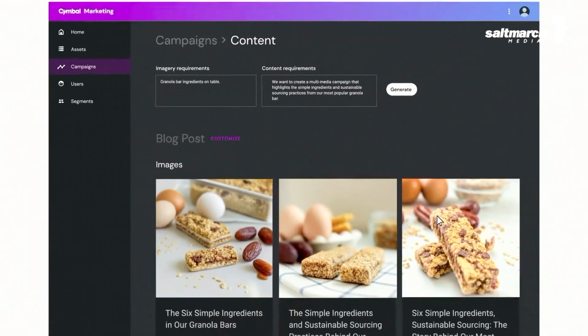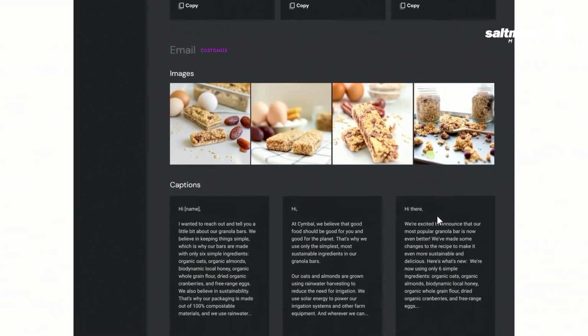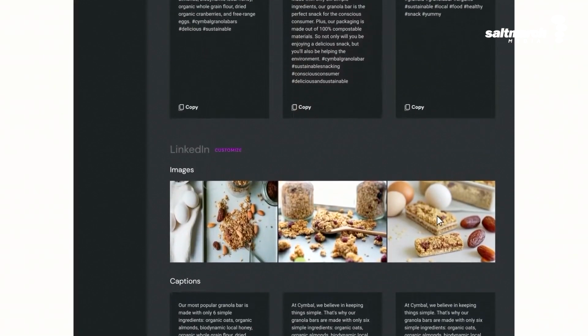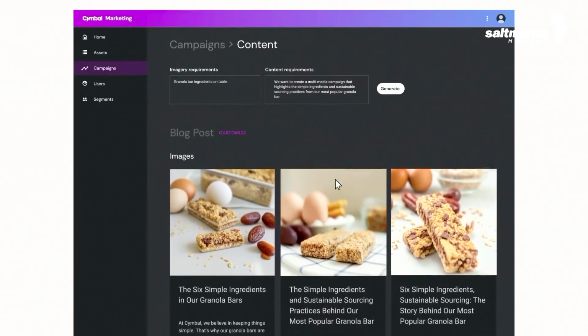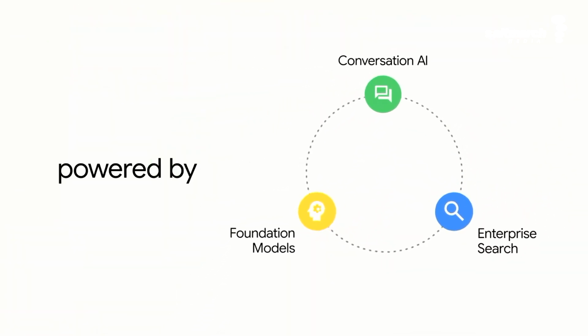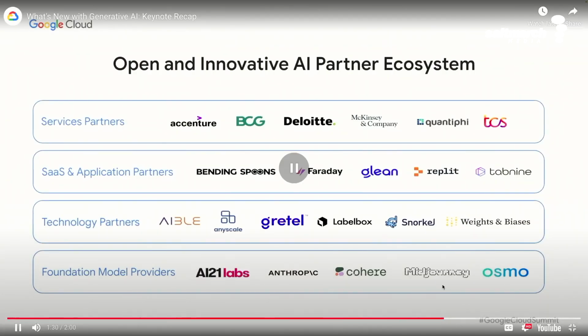Third, content generation gives people the ability to turn their creative ideas into targeted content rapidly. This is all made possible by bringing together foundation models, conversation AI, and enterprise search. Our partners are ready to support generative AI at every